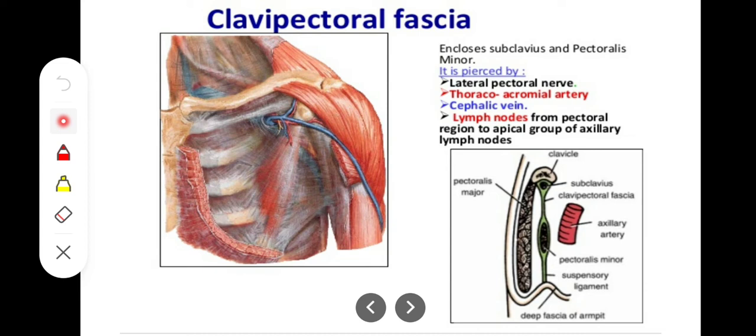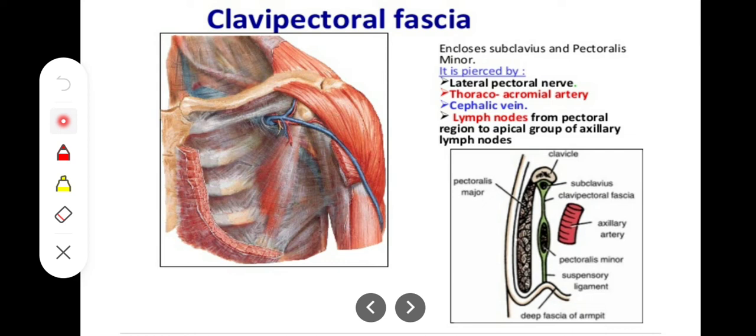It extends from the clavicle all the way to the axillary fascia, right. So that was its extent. It is said that in the upper part, this fascia, this sheath, splits and encloses within itself what? The subclavius muscle, which is a muscle attached to the subclavian groove on the inferior aspect of